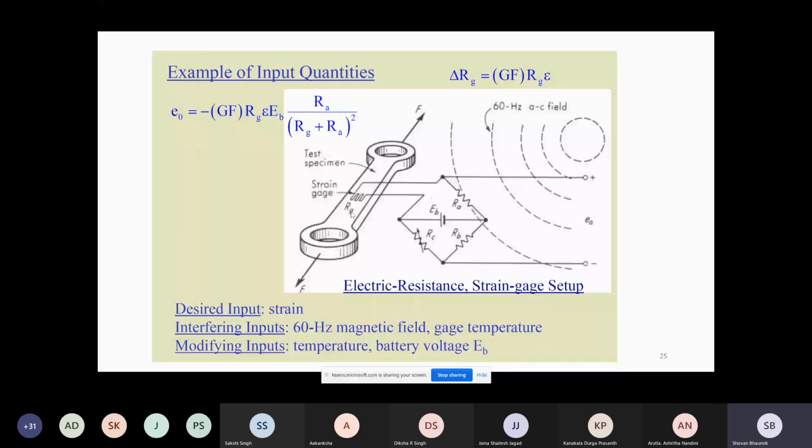Now here we place the strain gauge. A strain gauge is very simple. We'll read it in detail in the chapter on displacement measurement, where we'll spend two to three classes on it. Here I'm giving a quick overview. A strain gauge is a kind of wire placed in a small U shape, pasted on the surface. When some strain happens, it gets elongated, and as it gets elongated, the resistance changes, which is measured by the Wheatstone bridge.